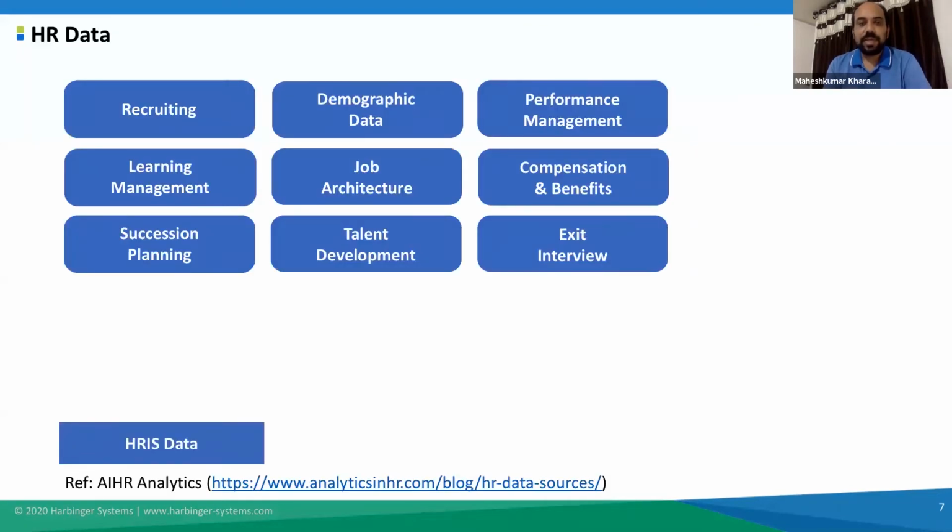Before we do that, I just want to quickly touch upon different HR data elements that we often see. So this HR data we can categorize primarily into 3 levels or types. The first one is the HRIS data, where we are talking about data that is collected by our day-to-day applications that we use for different HR needs, like recruitment, performance management, learning management, succession planning, benefits, talent development, and so